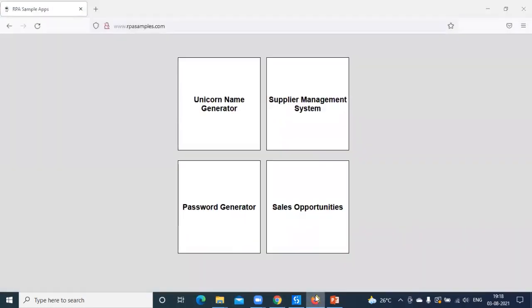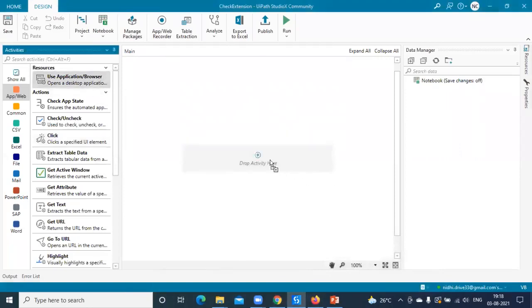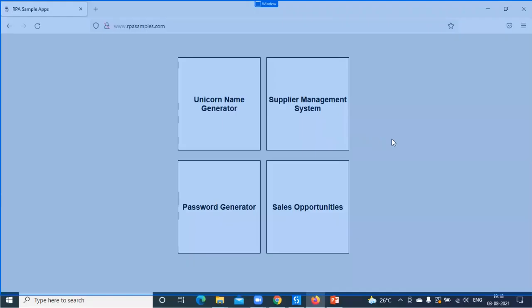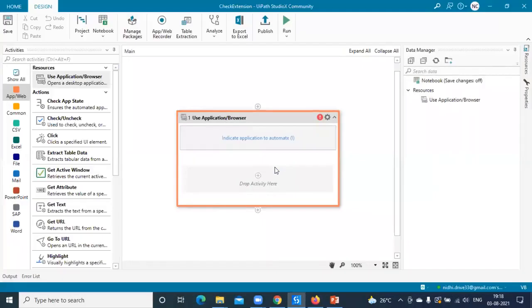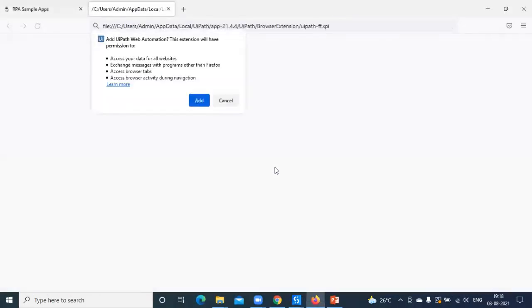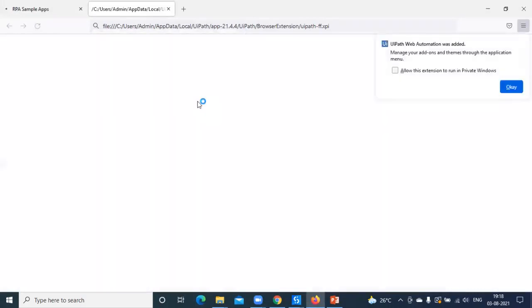Now this window is opened in Firefox, you can see, right? And I'll use the same activity to connect with the Firefox browser now. Again, we have the same issue. When you click on the window, it will ask you to enable the extension. Click install, and then you will see this particular pop-up again to enable the extension.